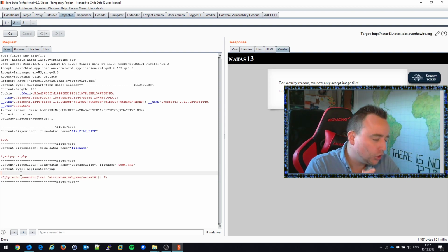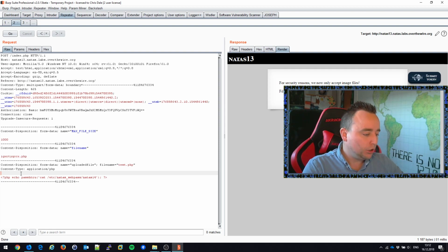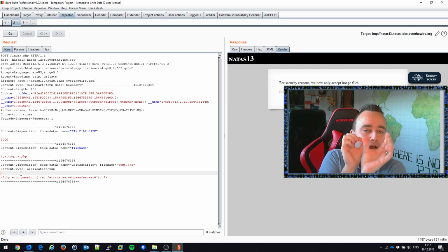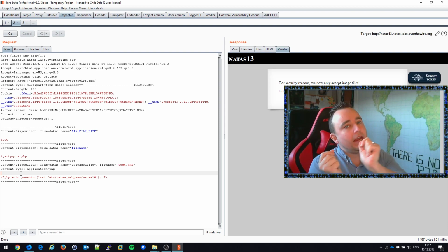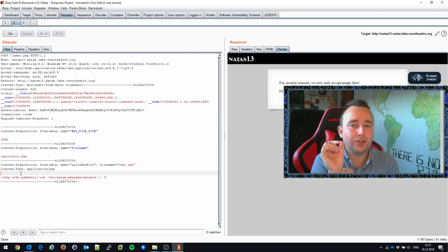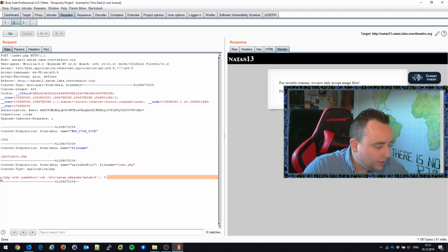Unfortunately though, very many security solutions, even expensive next generation firewalls, will just check the first few magic bytes at the beginning of a file, and in some cases, they might be inclined to check the footer as well to see if the footer matches how a proper image should be ending. So let's just assume here that they're checking the first few magic bytes of an image. Meaning, we take this PHP string,